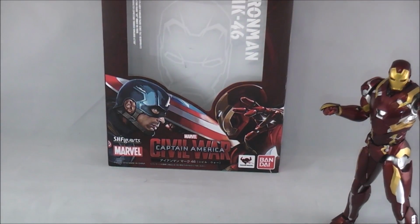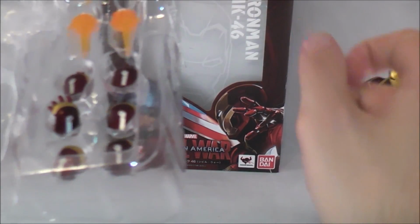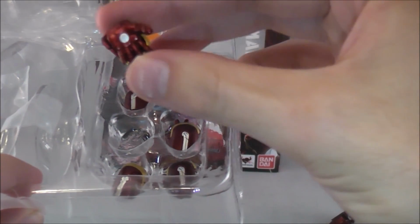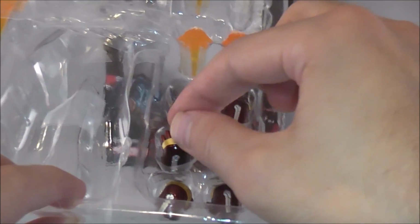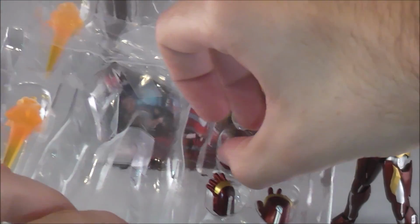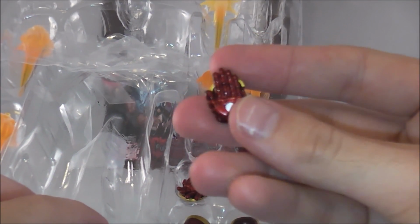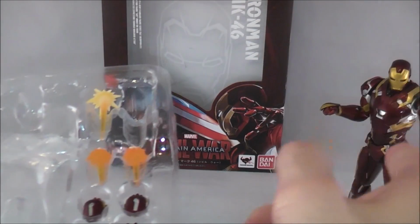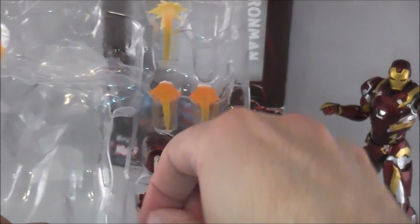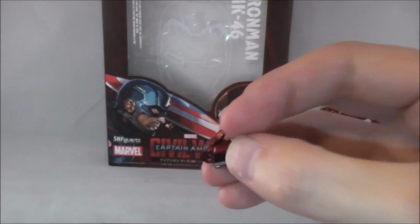As for what he comes with, you get the standard hands. I have on him one of the default Figuarts hands, which is the fists. Then you have these hands here, which are just standard open, I'm going to blast hands with nothing in them. And then these hands here, which are much straighter. So you have this open palm and then this one, which is a little bit more curved. And then you have the hands which I have on him,